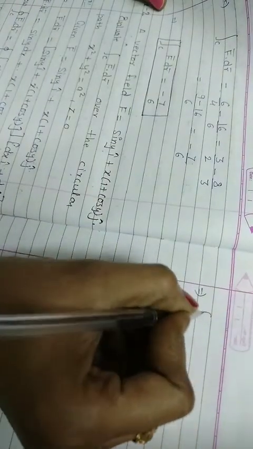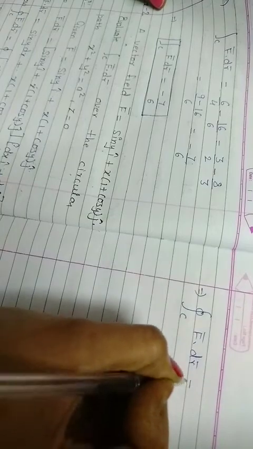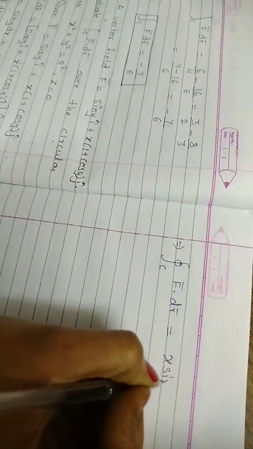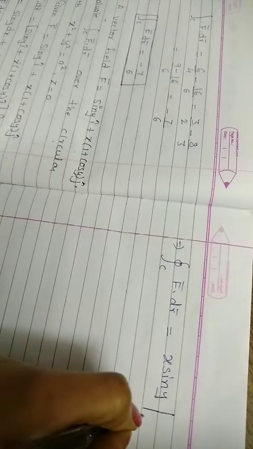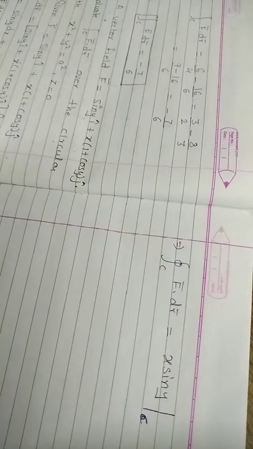So the first part is already evaluated, we only have to put in the limits. So the integration over the closed curve C of f vector dot dr vector, students, in terms of x sin y, is evaluated already. I have to put the limits only over the curve C. I am writing that here right now.